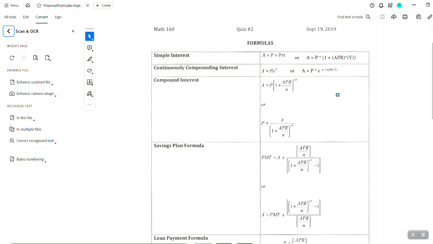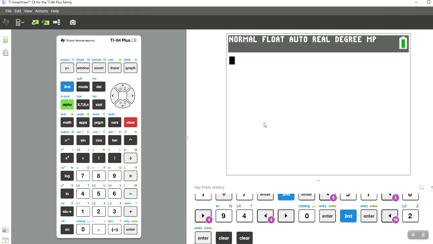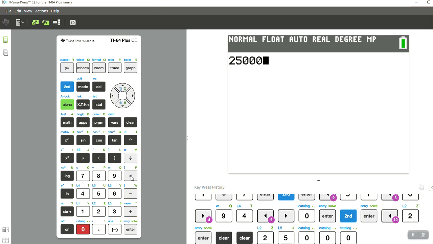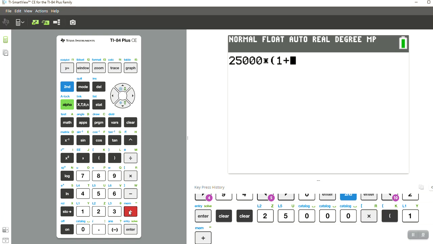So we would start off with 25,000. I was doing that on my keyboard, but you can also use the keypad on this calculator emulator. Push multiplication, even though it's not required on mine, but it might be on yours. And you open a parenthesis for the 1 plus the APR. Remember, the APR has to be in decimal form. So we're putting $25,000 in an account earning 4.75%. The decimal form of 4.75% is